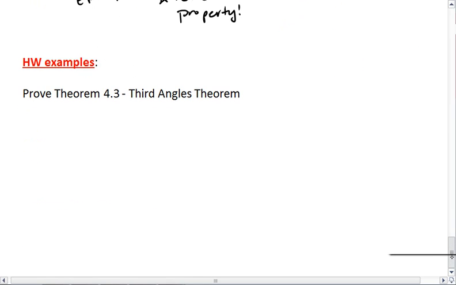Which brings us to the homework example. And this one actually shouldn't be too bad. I want you to prove theorem 4.3, the third angles theorem, which says if I have two triangles,